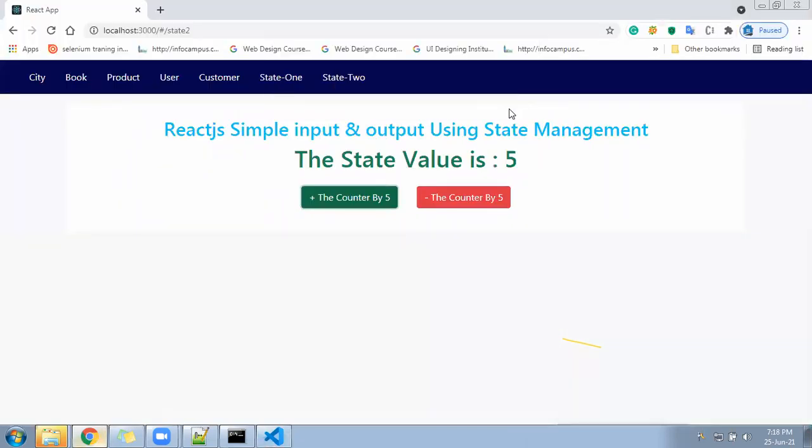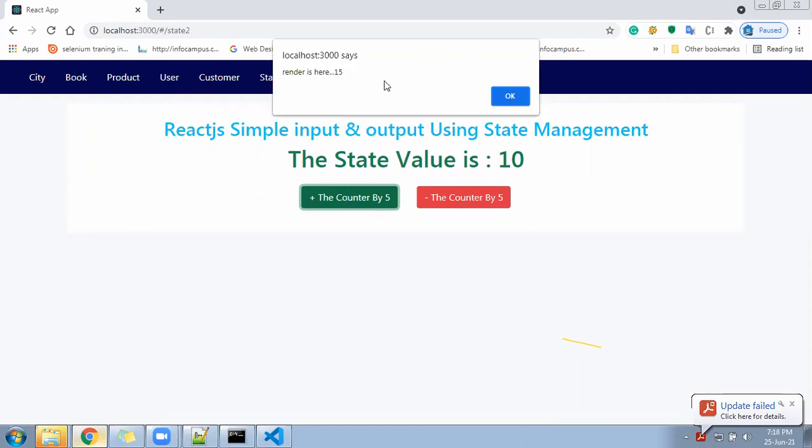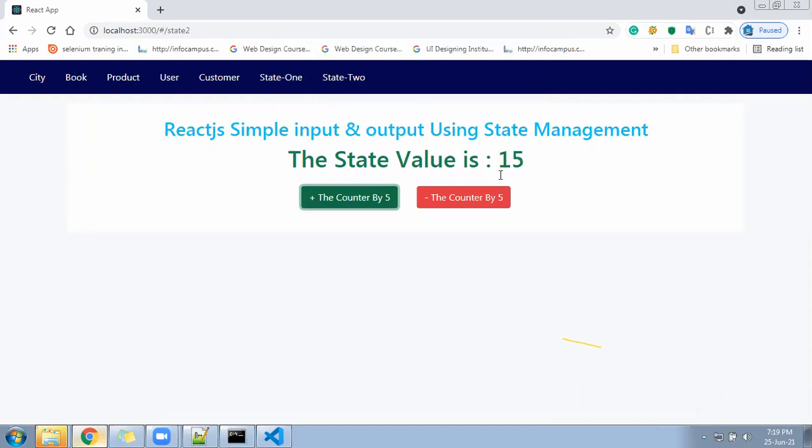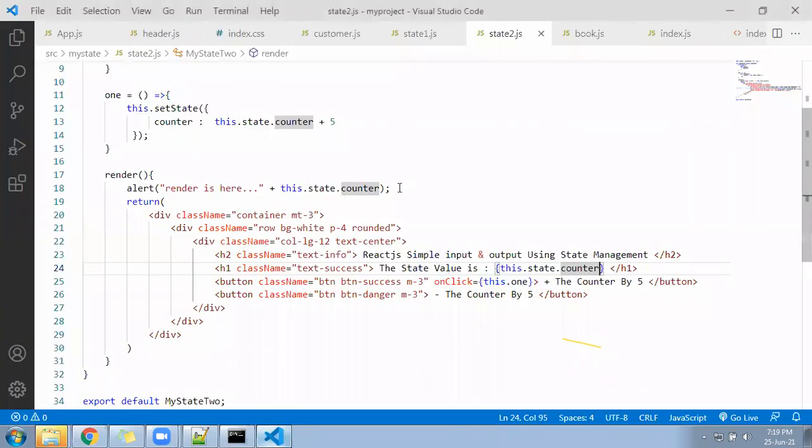After that, you can see the 10 has come here, right? Now the value is 10. If I click again here, what will happen? 10 got increased by 15. It is already increased. Now the turn is of the render function. The render function is going to be called. If I click OK, it will reflect here. So hope you understood what will happen.